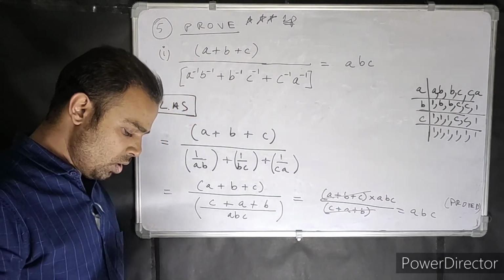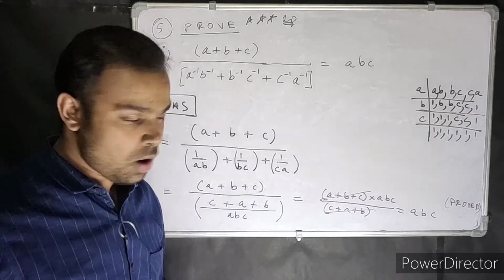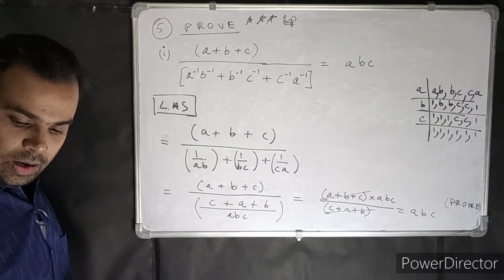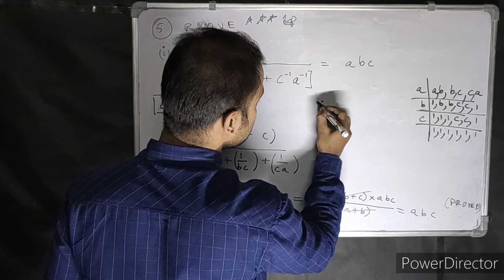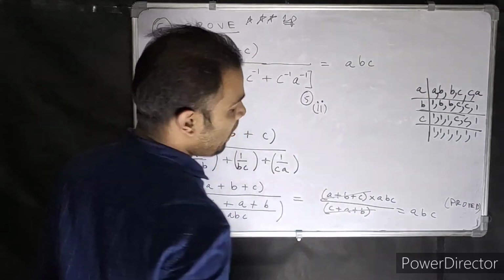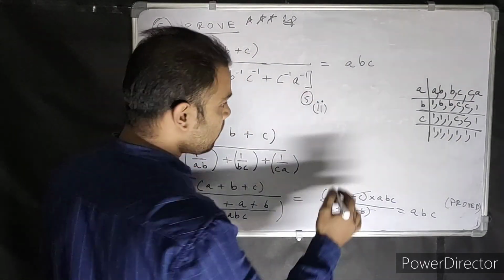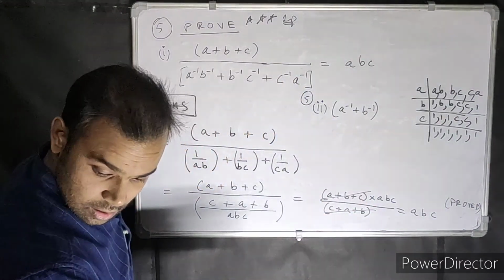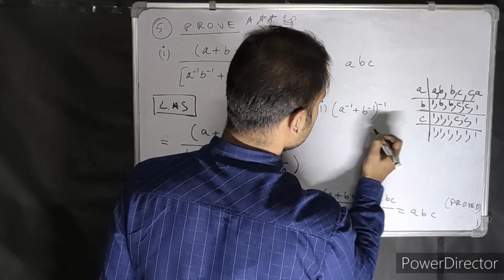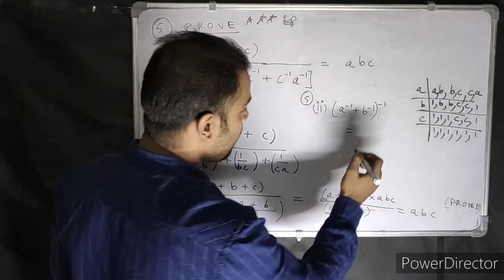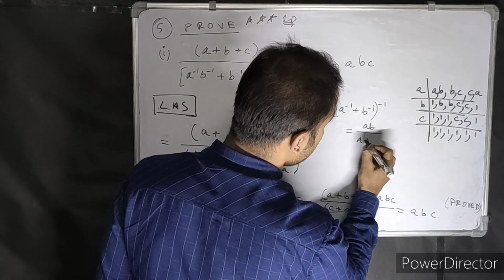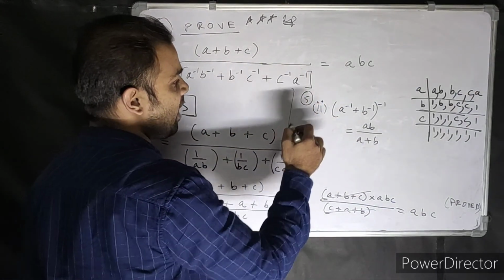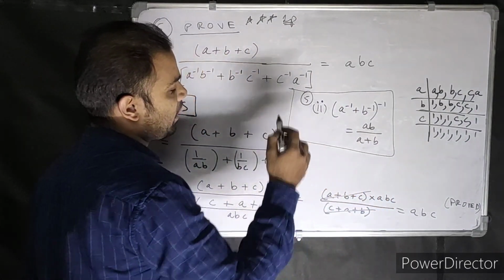I have just helped you see how to prove it. Now that question is finished. Then 5 part 2, I'm going to give to you for homework. Try this at home. This is your question number 5 part 2. This is a proving question, so the answer itself is there. The whole to the power -1 will have to be equal to ab divided by a plus b. So this is your question. Question number 5 you can do at home.